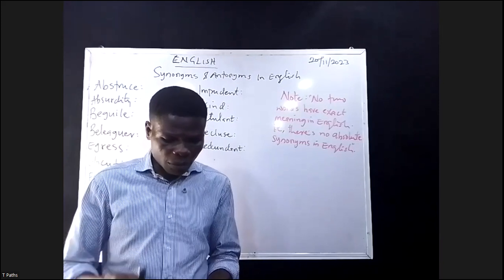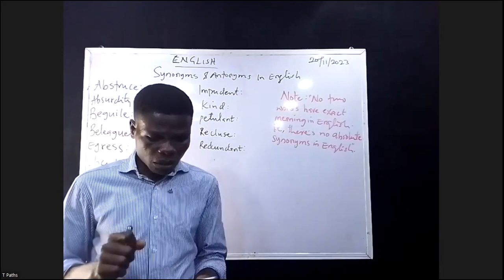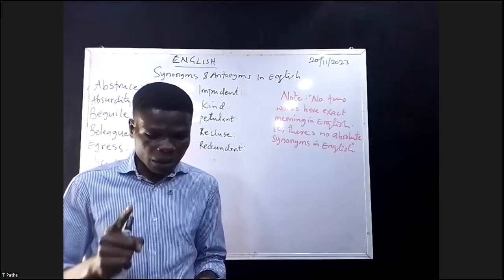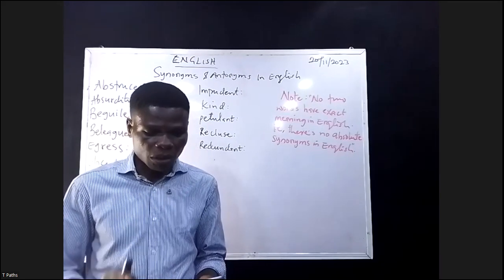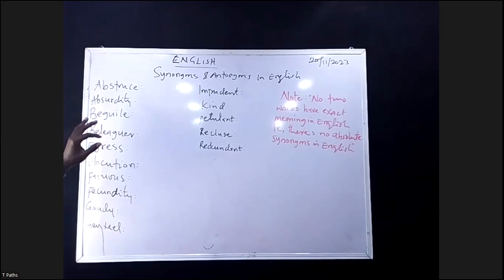So to understand the prominence of synonyms and antonyms in the English language section of various competitive examinations such as JAMB, it is important to know the types of questions in the examination based on them. All right, you must understand that. For instance, when you look at these words that are written on the board there,